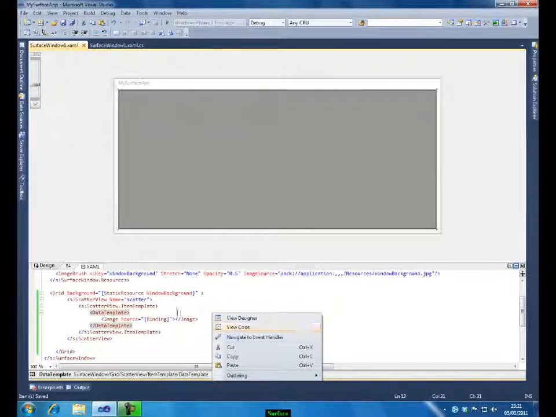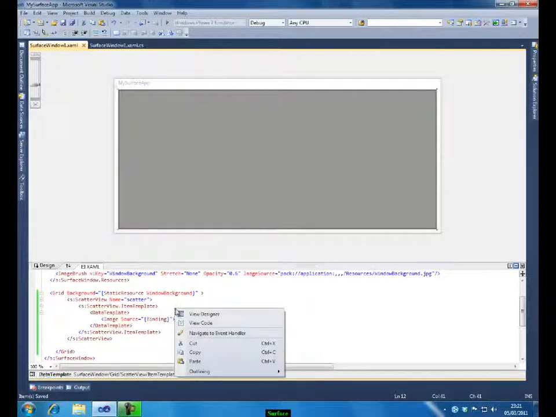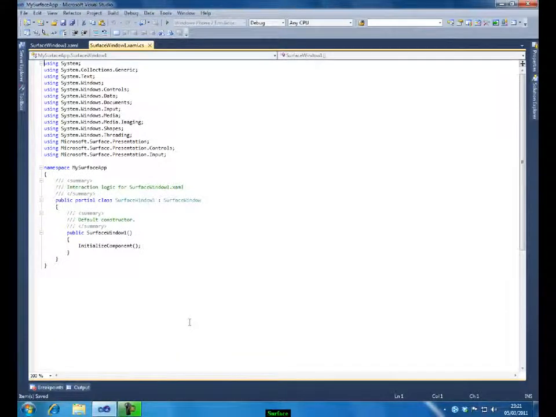Now you can open up the code. So the name of the class is Surface Window 1 and you have a constructor here. After initializing the component, let me try to bind those images into my control.